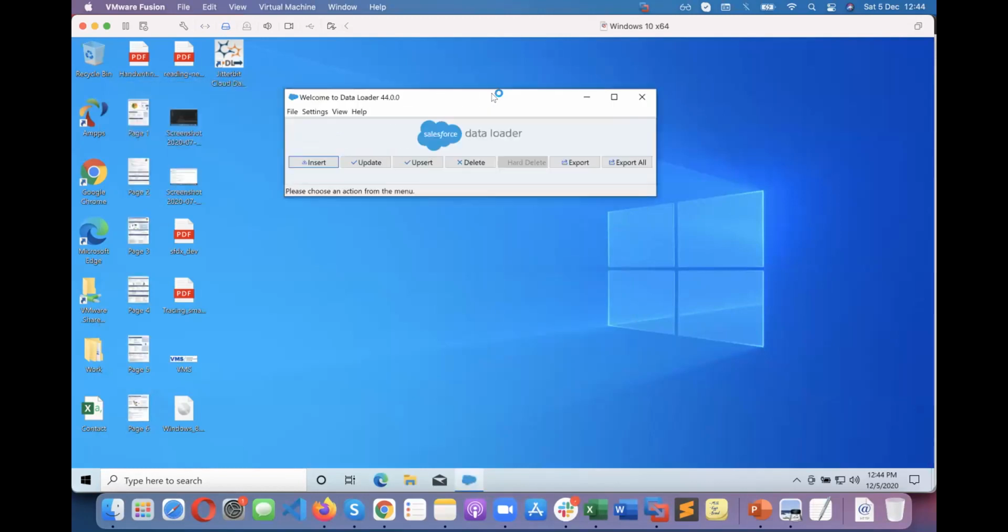I have installed version 44. It's very easy. But if you install version 50, it will open the command line first, and then it will open the screen. So the installation procedure is different for version 50, but for version 44, it's easy.